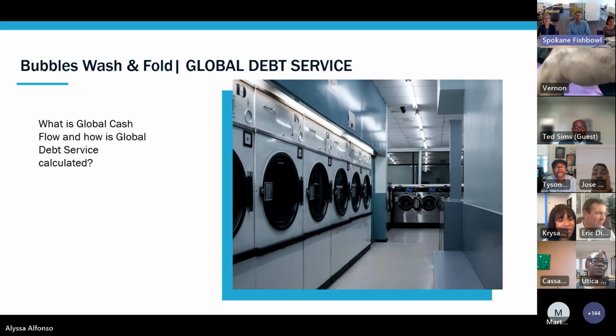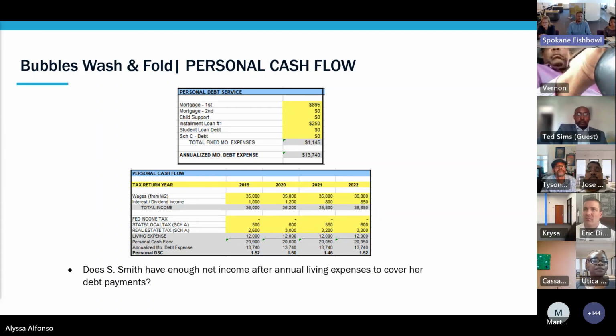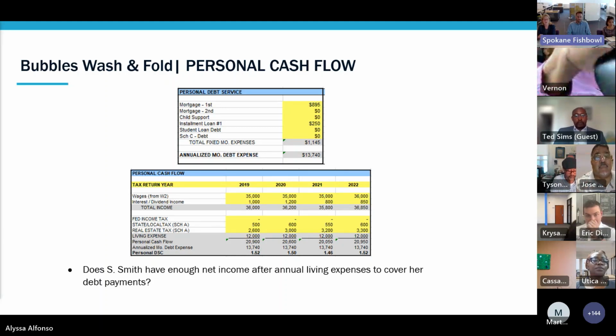So if we go to the next slide, we see what we collect on your personal financial statement and in your personal tax returns is used to help us do your personal cash flow, very much like we do for the business cash flow. So we learned that Sally has a mortgage payment of $895 a month. That's in the top table. We learned she has an installment loan that she pays $250 on a month. So every month she pays $1,000 for her own personal debt. Annually, that adds up to